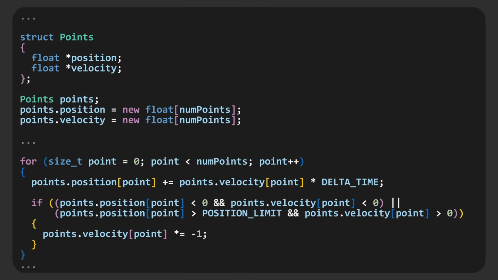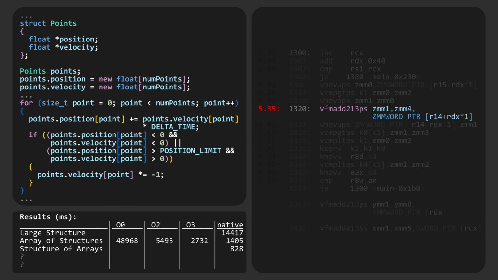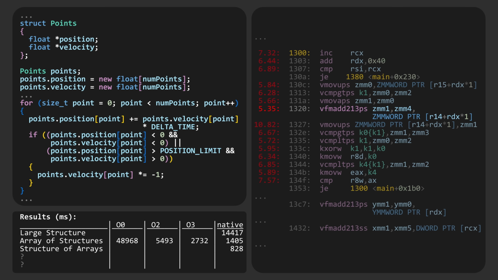Instead of interleaving values in a struct, we can instead keep track of parallel arrays. This changes how we access values and removes a convenient range-based for loop, but conceptually all the logic continues to remain the same. A quick compile is followed by a quick execution, as we find ourselves with another doubling of performance. Sure enough, diving back into the assembly, we find packed vector instructions as we expect, without a shuffle or